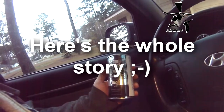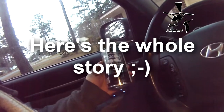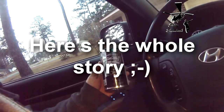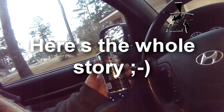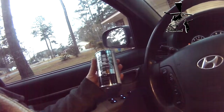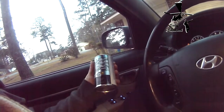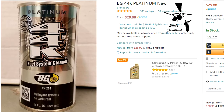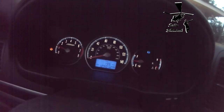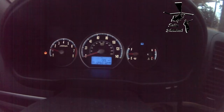Okay, I got this 44K fuel system cleaner from BG, and I was watching Scotty Kilmer on YouTube, and he recommended this for cleaning your injection system. So I got some, and it wasn't cheap. I'll put the price in if I remember, but right there, the average fuel economy I've been getting is 19.5